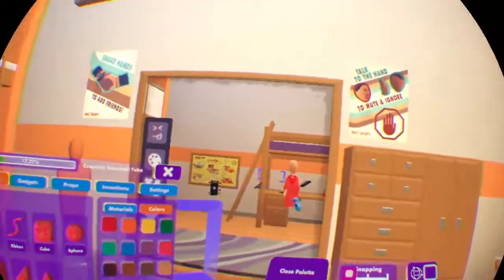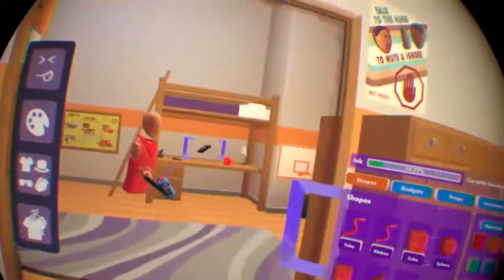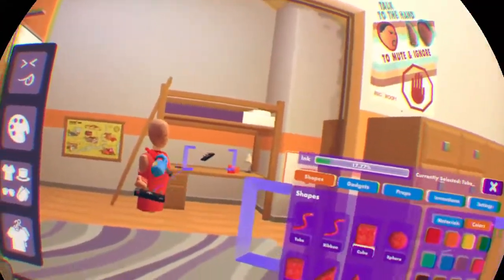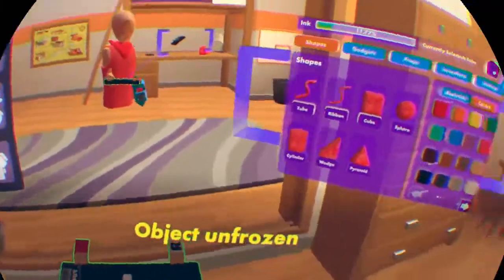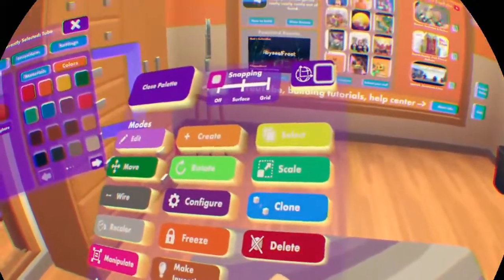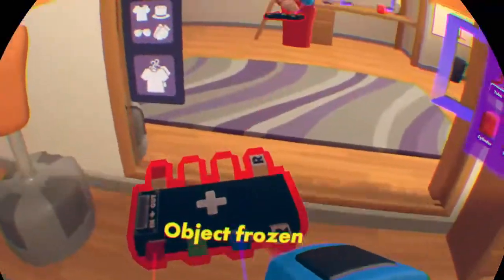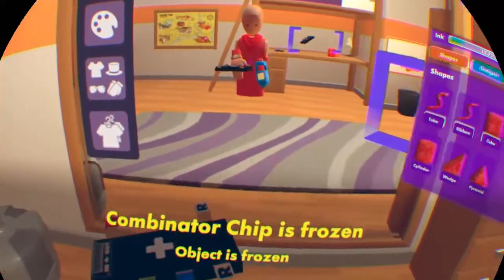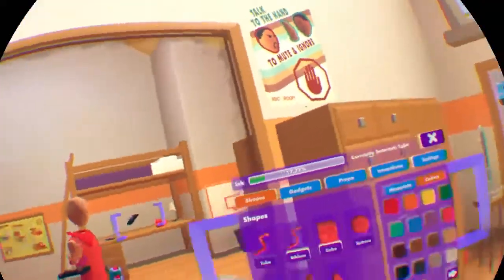Freeze is really, really good. Let's say you don't want anyone to pick this up. Just freeze it, and you can't pick it up until you unfreeze it. And the thing I like about this feature is that if you delete it, it doesn't delete. It tells you this. So let's freeze it and press delete. Look, combinator chip is frozen. And that's what I like about it. Some people really don't like anything about it, but